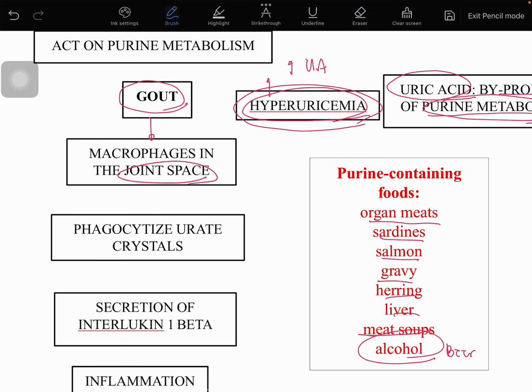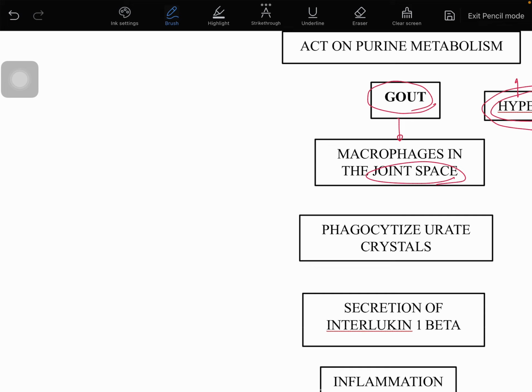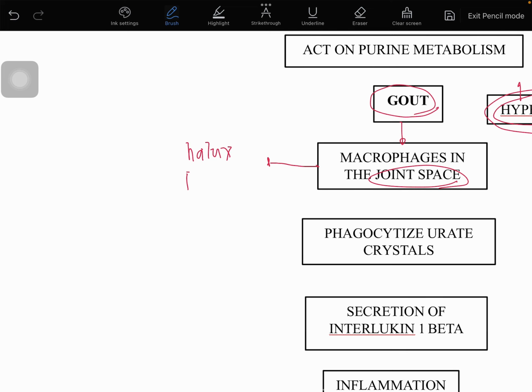Sir, saan po usually, what part of our joints usually nagkakaroon ng swelling during your flare-ups of your gouty arthritis? Number one, very common parts of our body, we have your hallux or your great toe. Okay, we also have your fingers and even with your earlobes po. Diyan po usually nagkakaroon ng site of inflammation natin during flare-ups of your acute gouty arthritis.